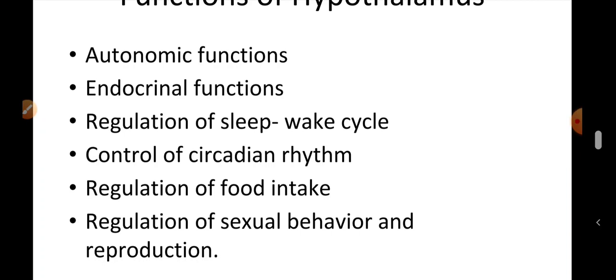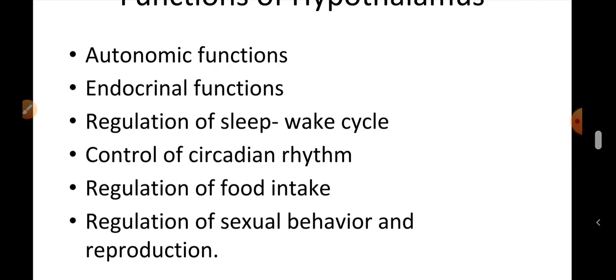And the hypothalamus keeps the gonads inhibited till the physical growth is complete. After physical growth is complete, this inhibition is removed so that the gland can start functioning and gametes and gonadal hormones are produced. It also controls the formation of milk by the breast by controlling prolactin secretion.